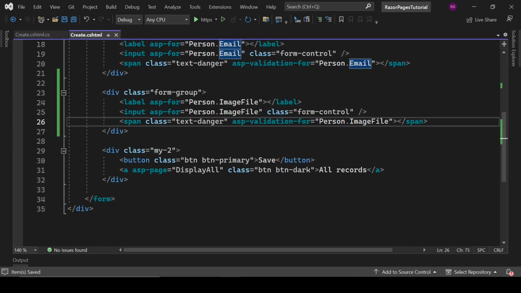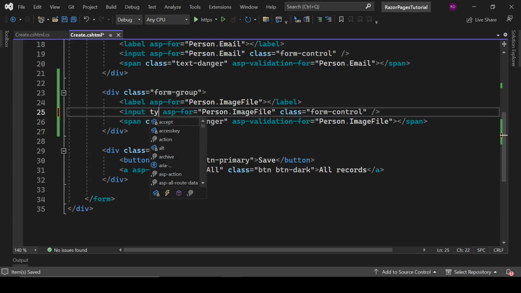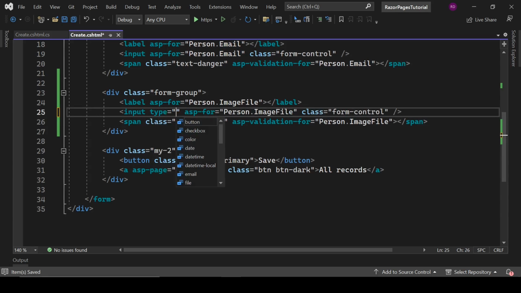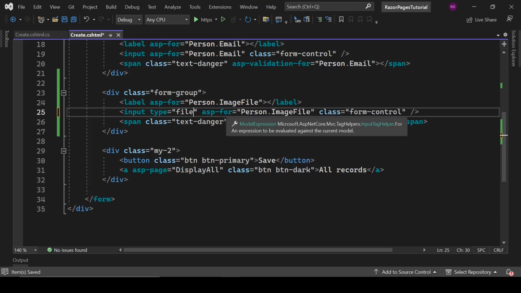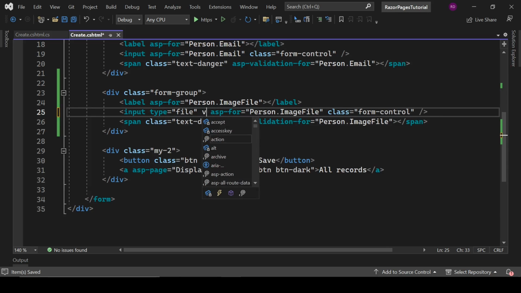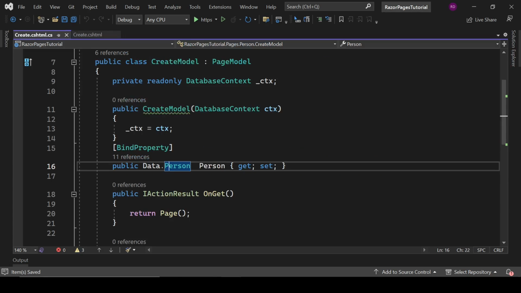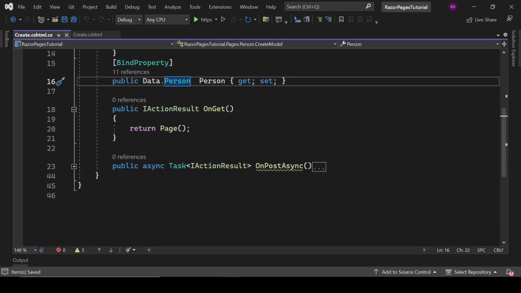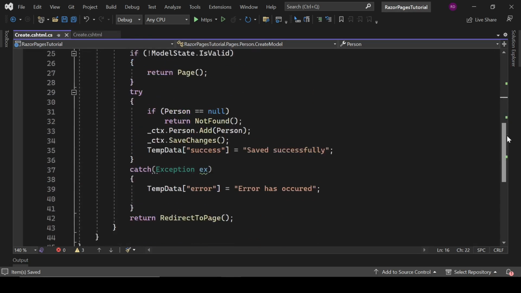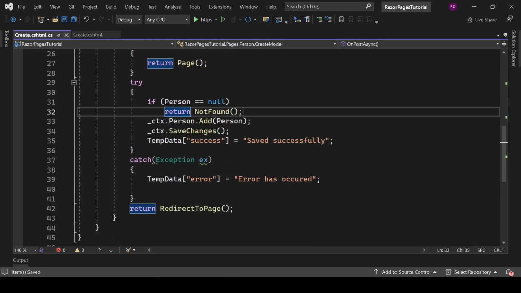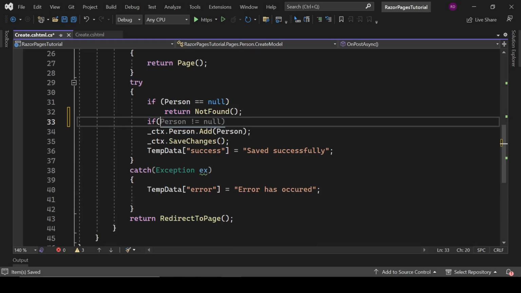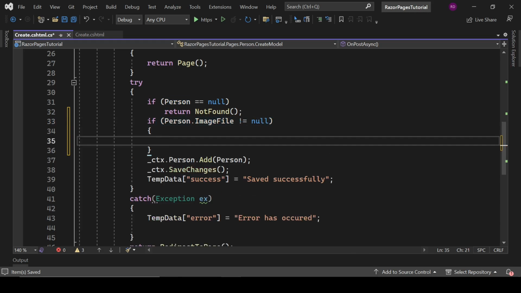Okay, we are good now, but it should be input type equals file. Now move here to this section, and what we will check here is if person.ImageFile doesn't equal null. If the file is not null, then